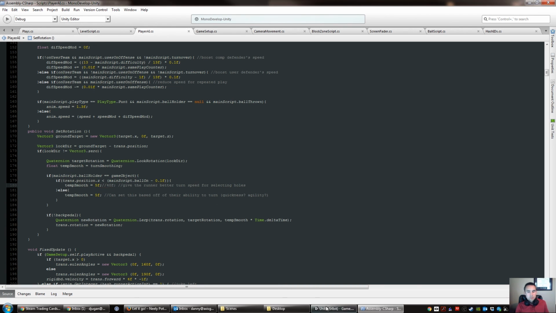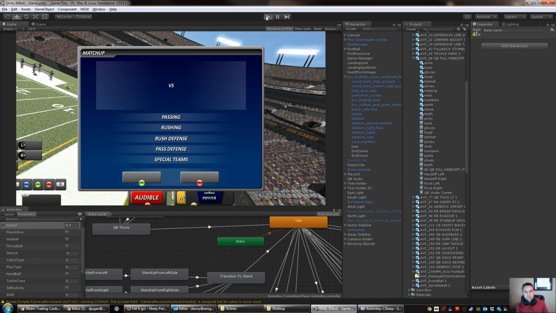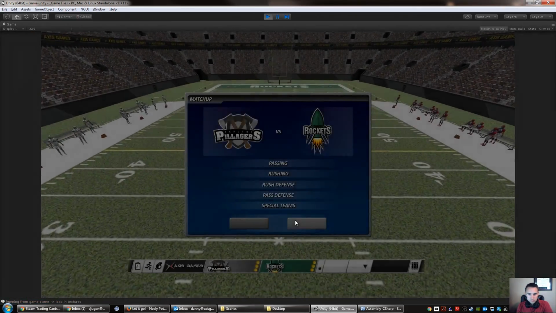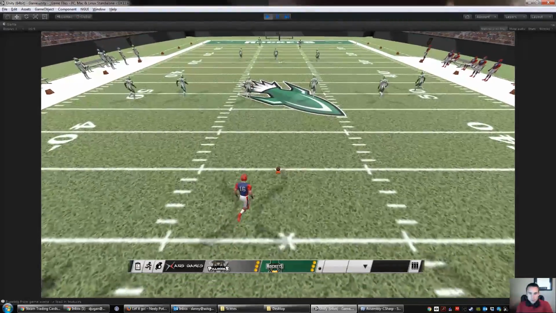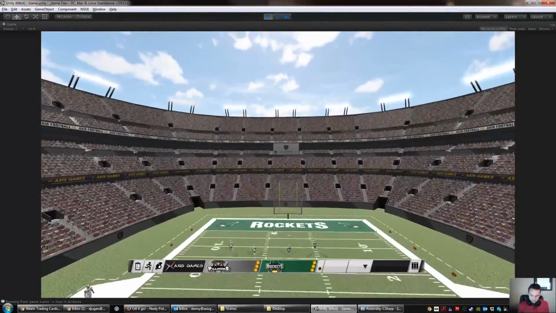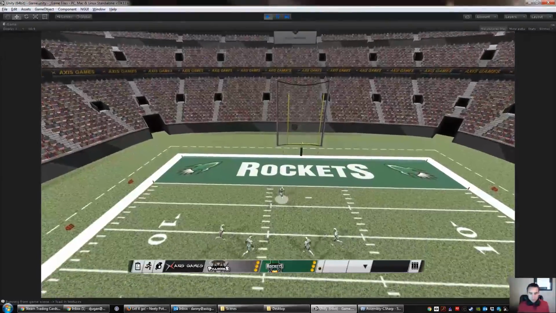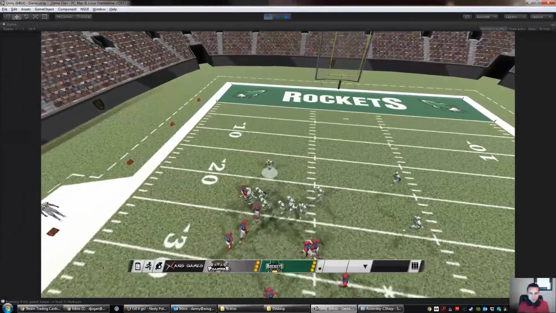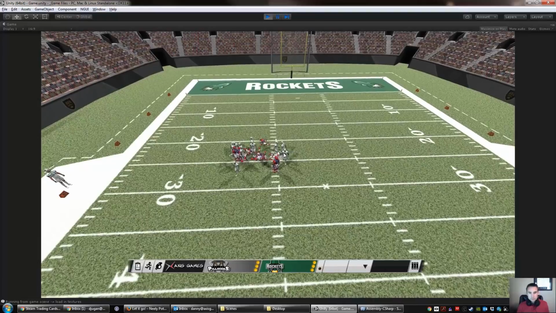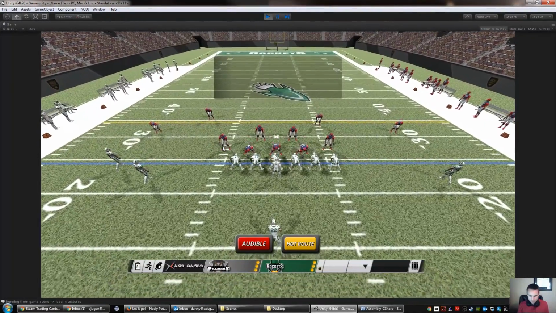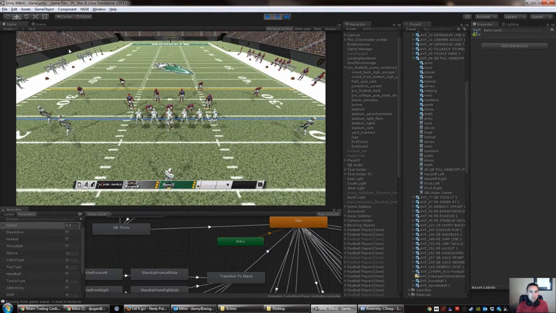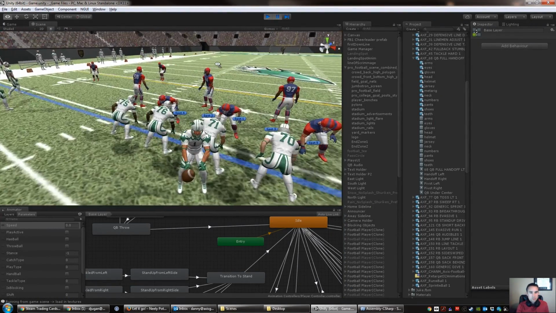I'm going to test out a few things. I need to set it up where we don't start from the kickoff every time. I don't know if you can see, I did a little juke move right there and got a couple extra yards. Red 29. Okay, so again, he's still immediately turning,